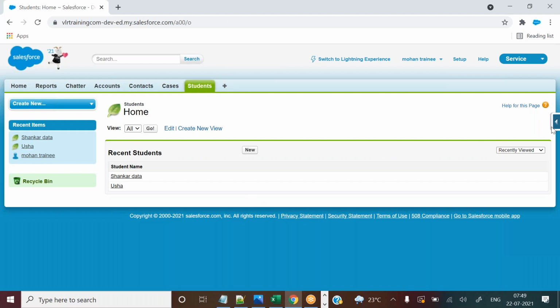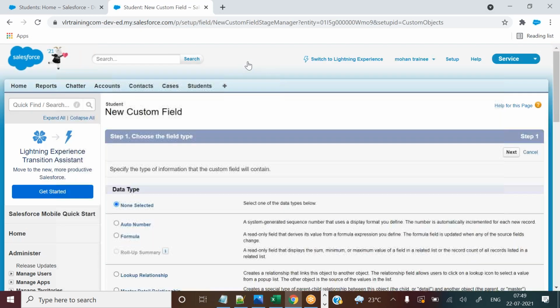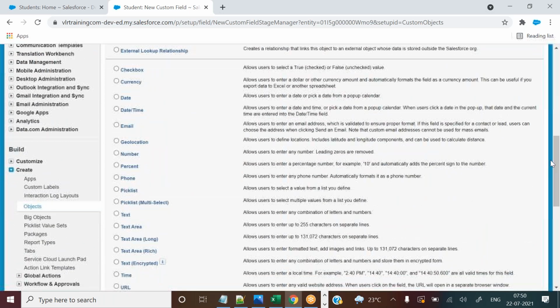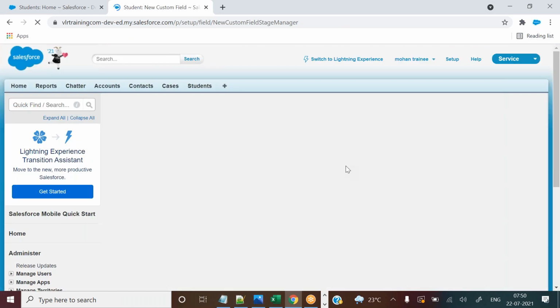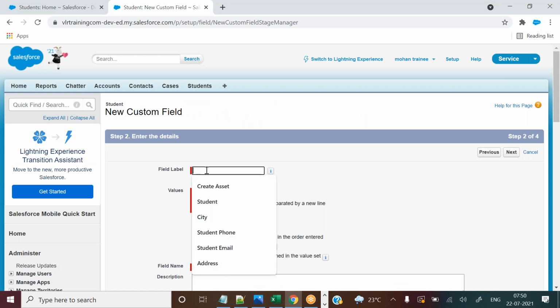Let's go to the object, view fields simply, and create the custom new field. And now you need to select the exact data type of the field. So let's see here, picklist. Okay, picklist. From the list you can pick up a value. So it is a picklist data type. I will explain again one more time, and click on next. And now what is the field here? Courses, offering courses.